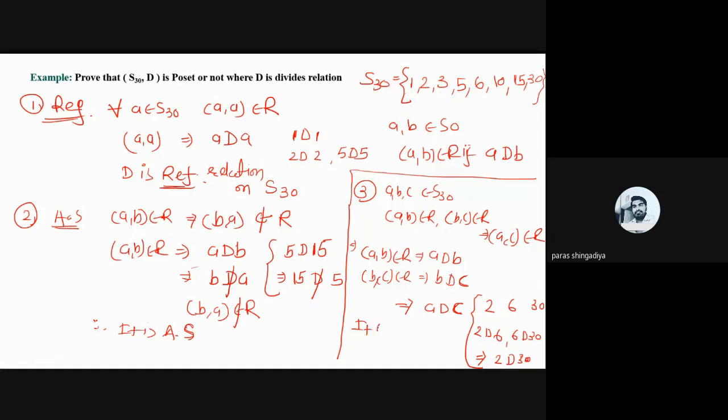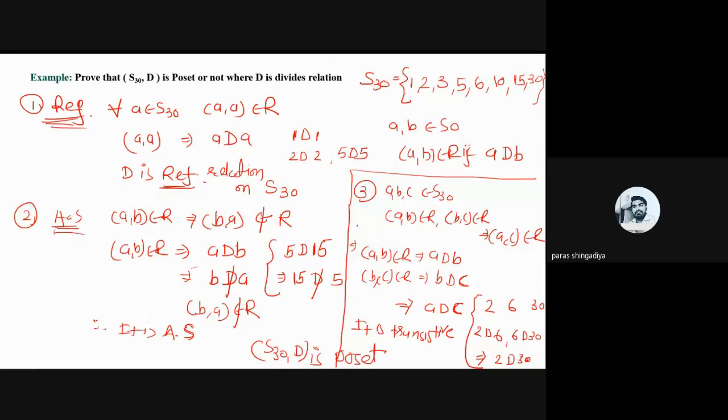and therefore it is transitive, and thus we can say that S30 with divides is a poset. S30D is a partially ordered set. So is it clear? Is there any doubt in this example? And this is the solution of this one,